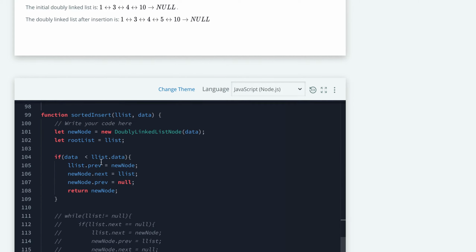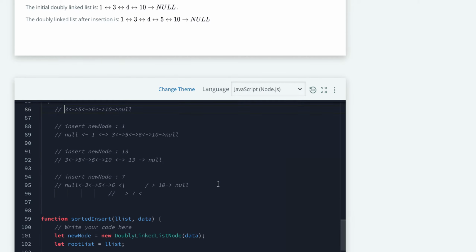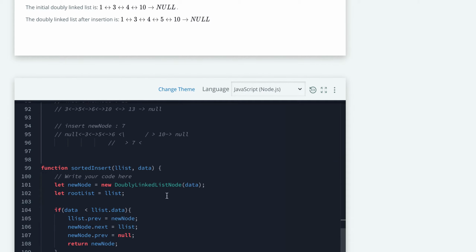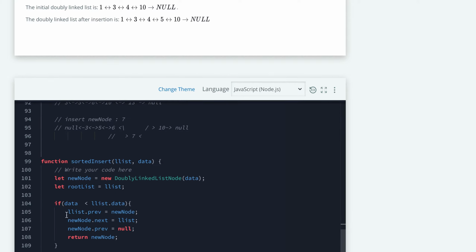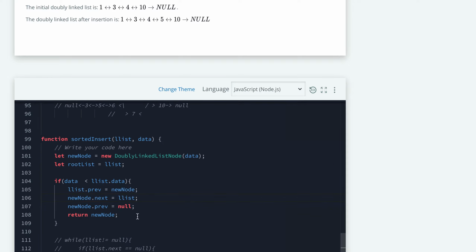So if it is lesser, what we have to do is: linked list dot previous will be our new node, new node dot next will be our existing linked list, and new node dot previous will be null.